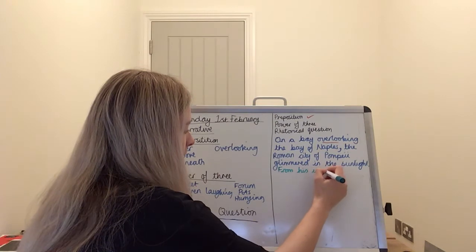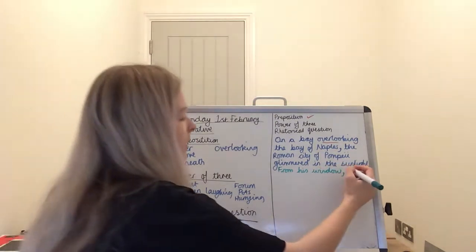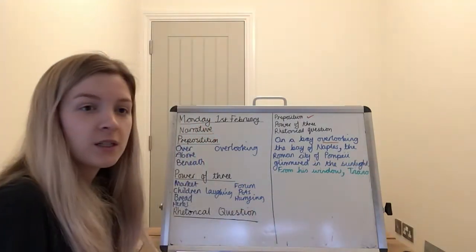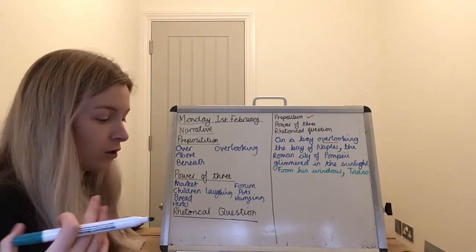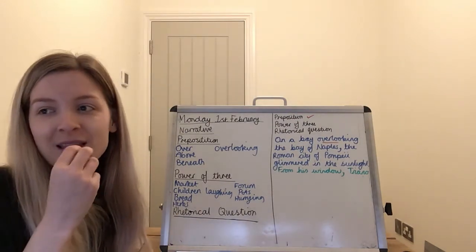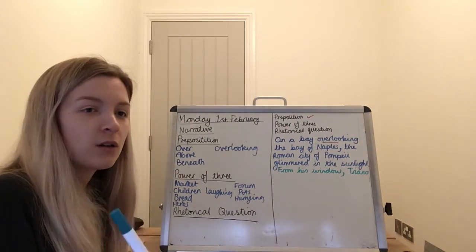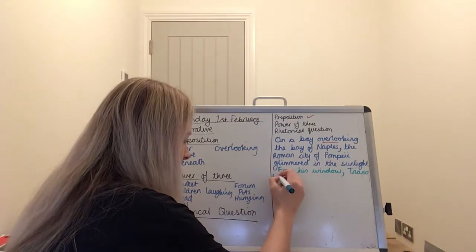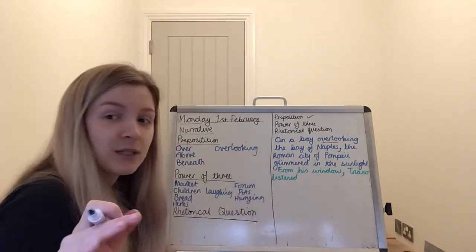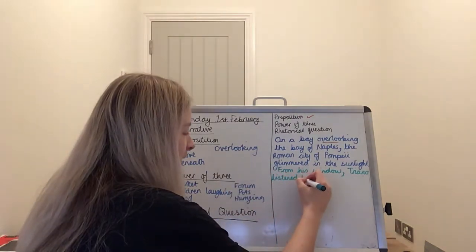comma, Triano could see or listen to or felt, maybe he felt or could taste the sea breeze, the salt in the sea breeze or something like that. From his window, Triano listened. You don't have to choose listened, okay? You can have tasted, smelt, listened to